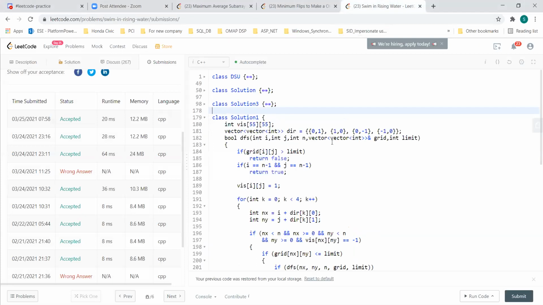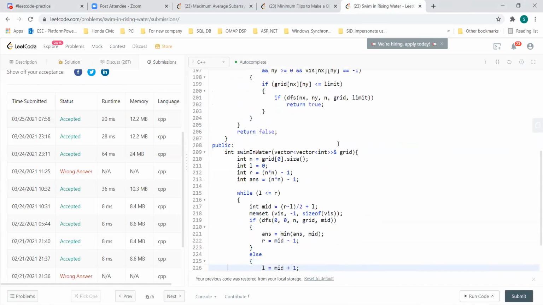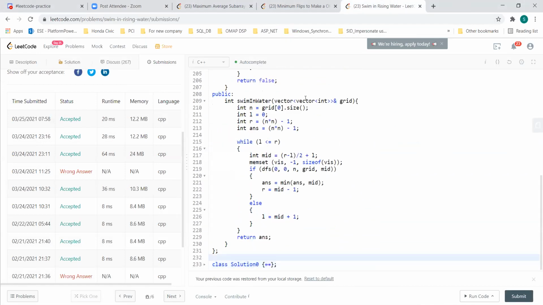So this is that binary search one. Most of the things he is doing are exactly the way I'm doing it. It's nothing different. So this is my left pointer, this is my right pointer. And this is some answer variable which I'm just setting to high. We'll come to that later because I'm just looking at the minimum always with the answer. So this is the binary search, just finding the midpoint here. And this is that visited array.